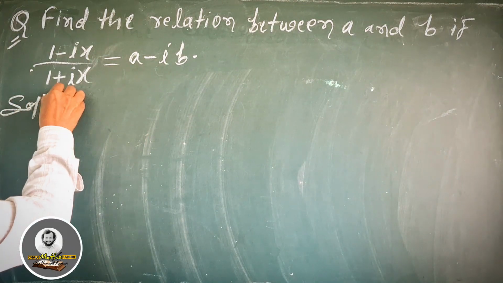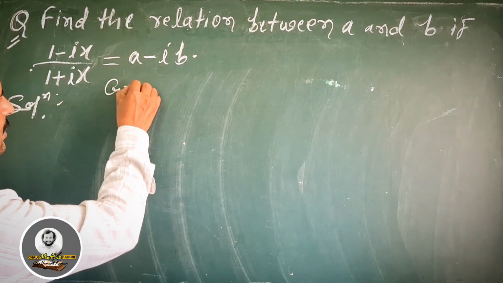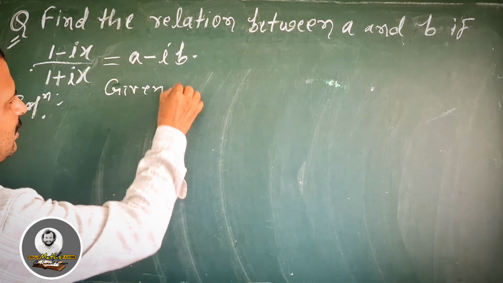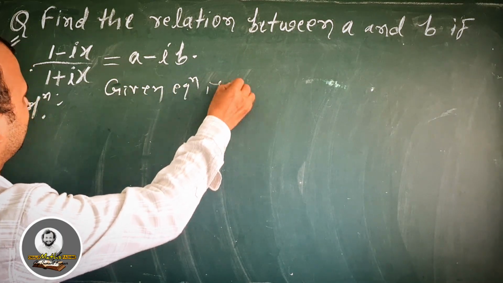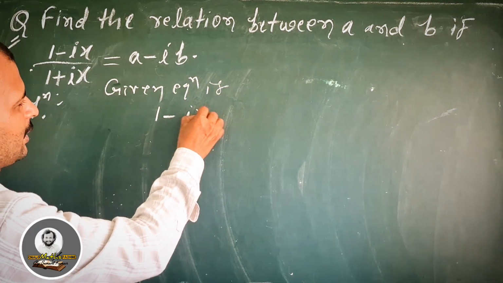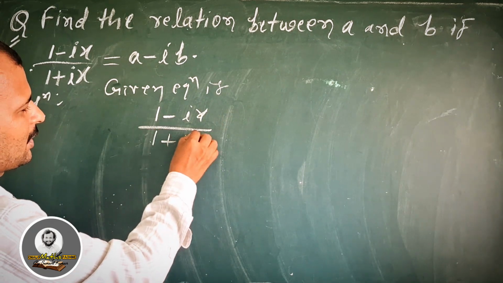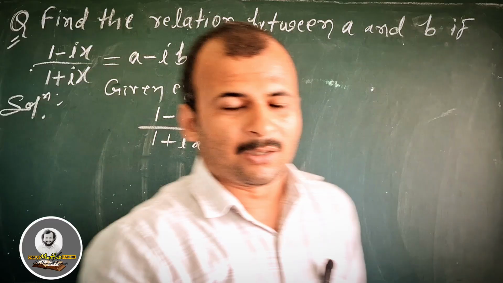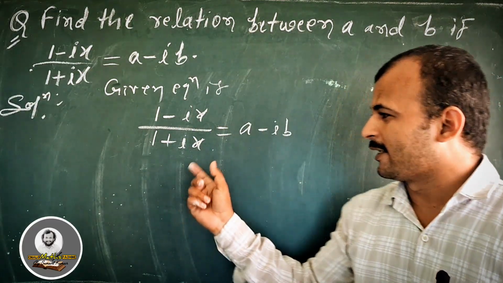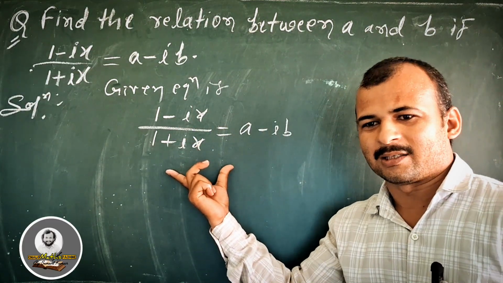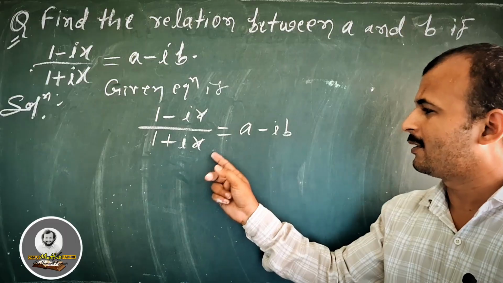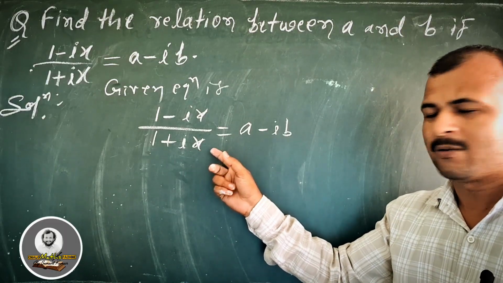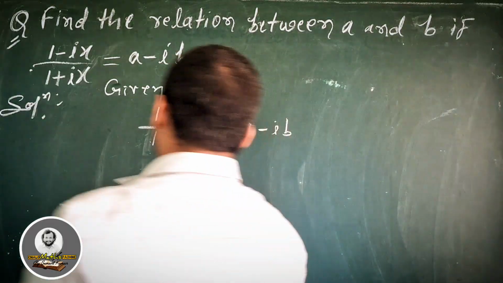First of all, we write the given equation. The given equation is (1 minus iota x) divided by (1 plus iota x) equals a minus iota b. Now we multiply both sides by 1 plus iota x, or we can directly do cross multiplication. Then we get